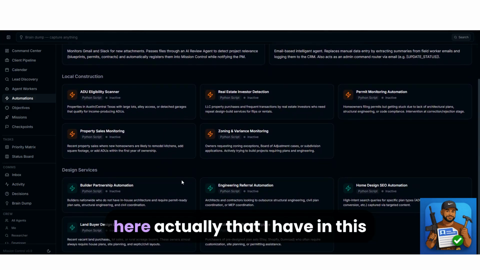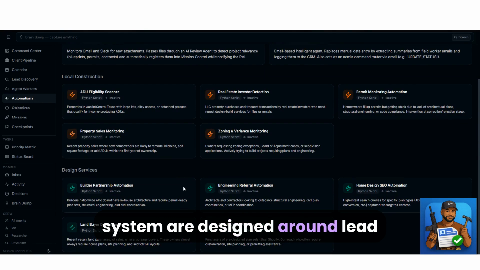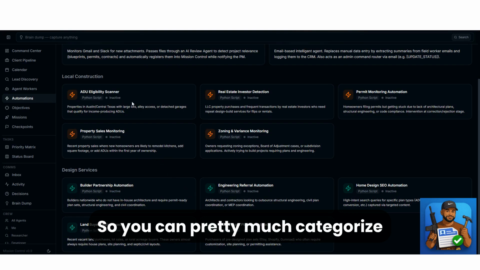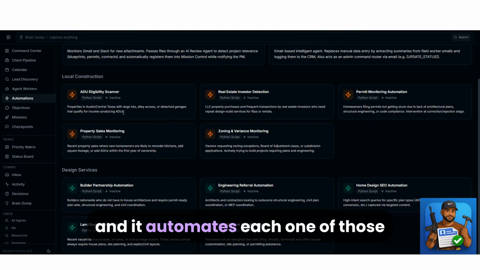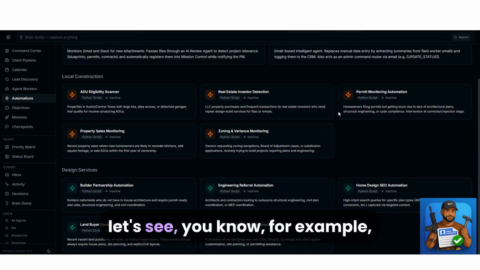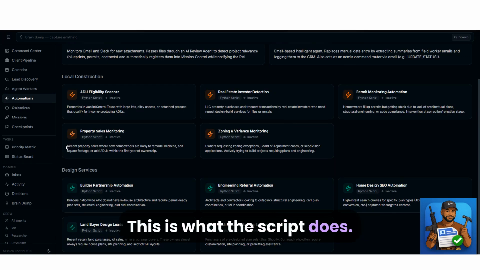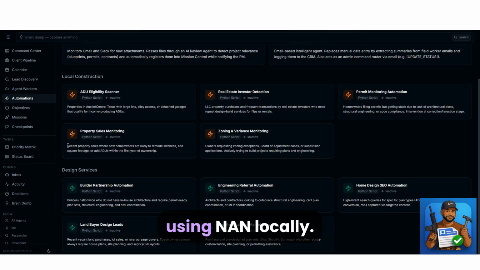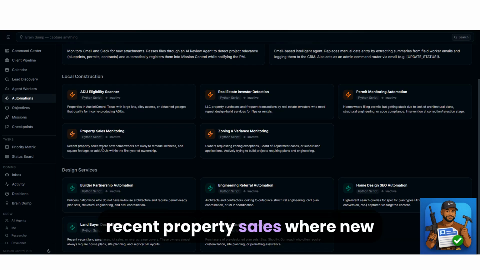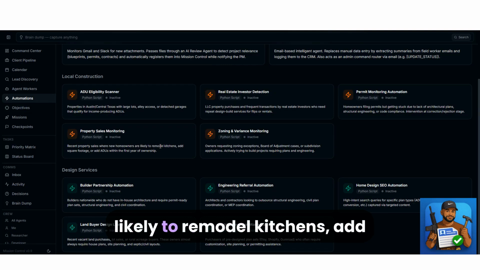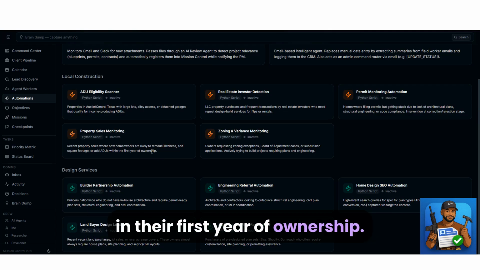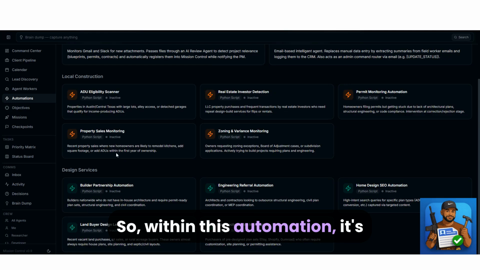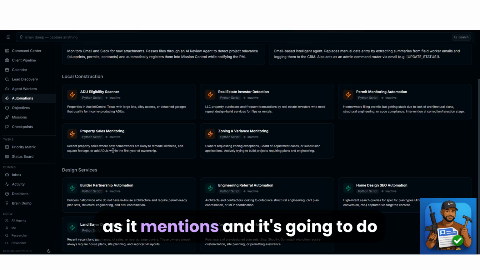All the automations that I have in this system are designed around lead generation. So you can pretty much categorize each agent based off of the lead strategy, and it automates each one of those processes. Let's see, for example, property sales monitoring. This is what this automation does, using n8n locally. Recent property sales where new homeowners are likely to remodel kitchens, add square footage, and or add ADUs within the first year of ownership. So within this automation, it's going to find recent property sales, as it mentions, and